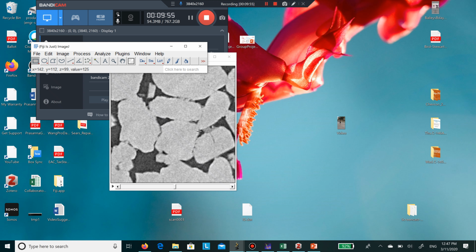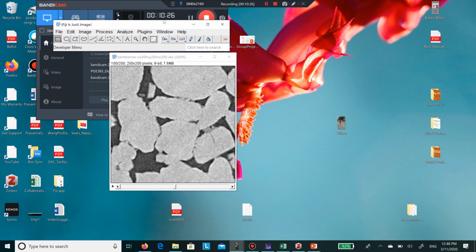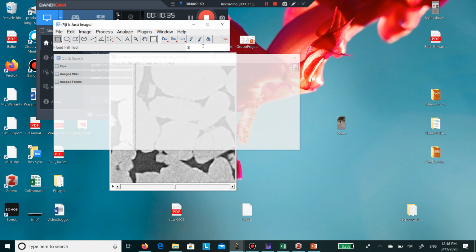Unless you have some other evidence. If I have a matching SEM image, that can not only tell me that this is clay, but also which type of clay, and what could be the microporosity in it. Then I have more information that I could work with. So I can't really tell you, based on just this image, whether having 16-bit or 8-bit matters. Here we have no choice because the algorithm works with 8-bit, and that's partly because it takes a moment to run. A 200 cube is not large, but on anything larger, it's going to struggle a little bit. All right, so now that I have 8-bit,